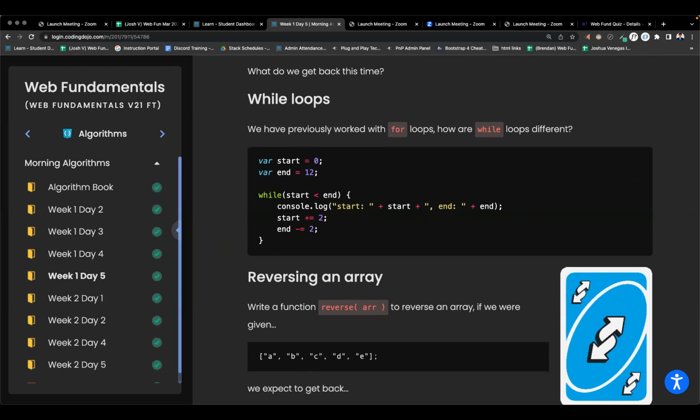So as far as implementation goes, it's very similar. The only difference is that with the for loop, we know, with the while loop, we may know when we're going to stop as well. So with the for loop,